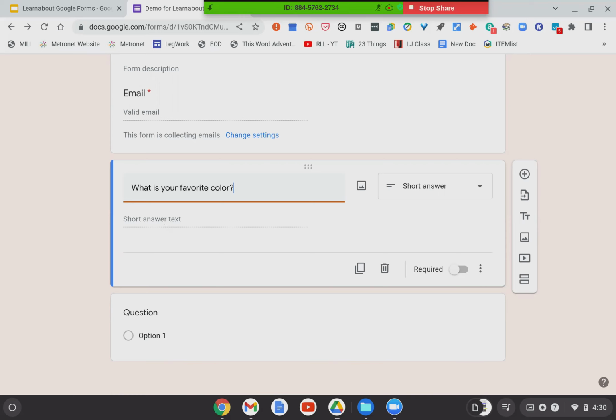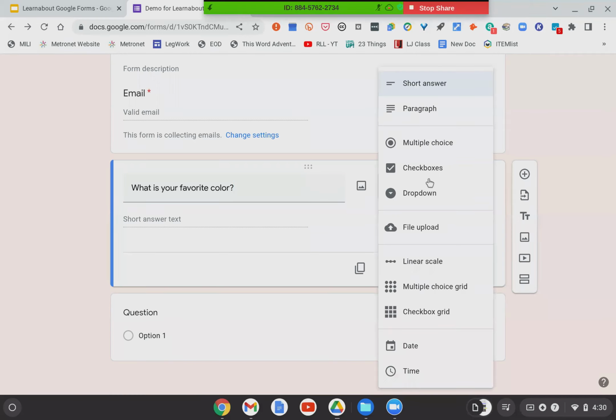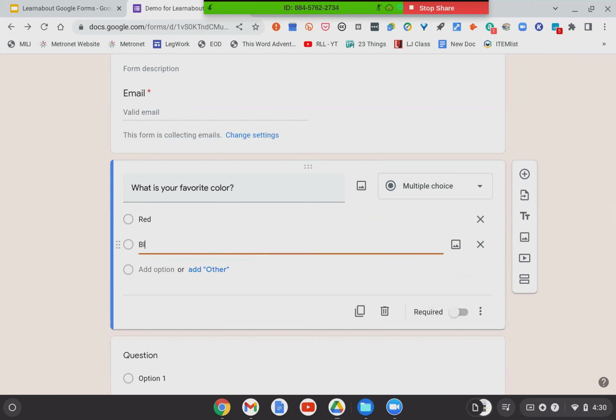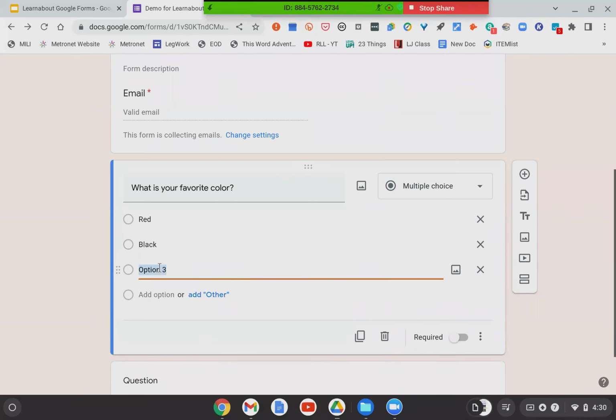But maybe I didn't want that. Maybe what I actually wanted was multiple choice. I wanted to give people the ability, but I'm going to limit the choices that they can have. I don't want them to be able to pick from all the colors. I only want them to pick between red. We're going to add another option here, black, and just for fun, we'll say chartreuse. Why not, right? There we go. So those are the only colors you can now pick from: red, black, and chartreuse for your favorite color. It was obviously not thinking that I wanted to do this, but it's very easy to change, as you can see, and easy to create these forms.